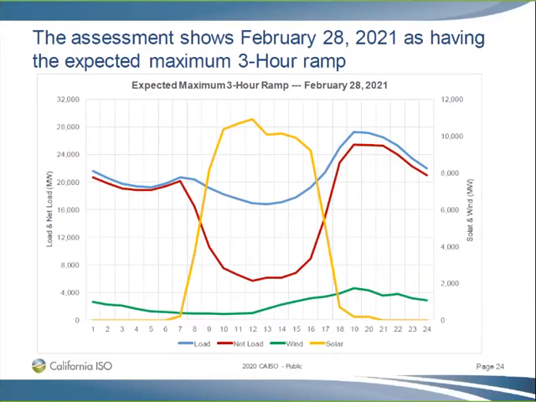All of this data is going to be posted on the website, so anybody can go back and look at the days that drove the peak requirement. And again, a couple of things you want to look at is when the solar drops off. And the thing to remember is what we started to see a few years back: the 3-hour ramp could have been anywhere, but then we started to notice that ramp being mostly on weekends.